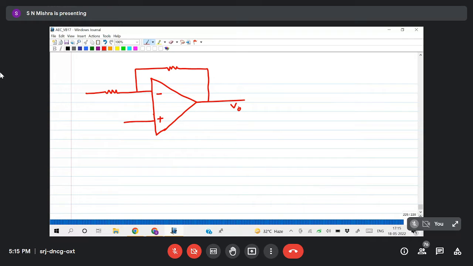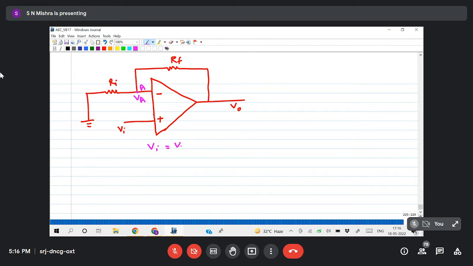So this is the output, and this is Rf, this is Ri. Earlier I gave the input voltage in the inverting terminal, the negative terminal, pin number 2. Now I'll ground pin number 2 and give the input voltage in the non-inverting terminal. If I'm giving the voltage Vi in the non-inverting terminal, then the voltage at point A, the second terminal, will also remain the same. So Va